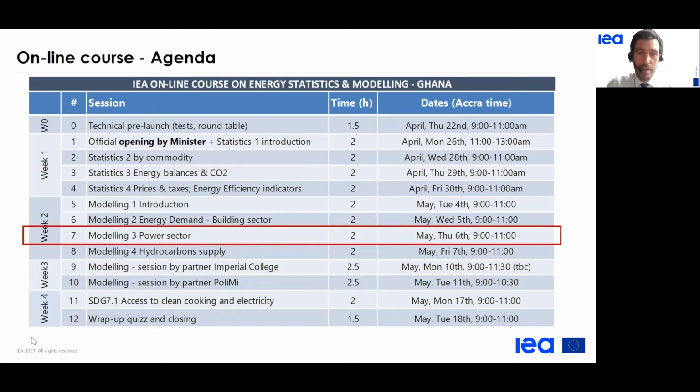Today we will ask ourselves how we can meet this demand, how we can develop and size the power system to match it, looking at conventional sources of power generation, but also renewables, which can be variable, and how to integrate them in the system, and also looking at the economic considerations. Tomorrow, we will look at how we can supply primary energy like hydrocarbons, oil and gas, in our last